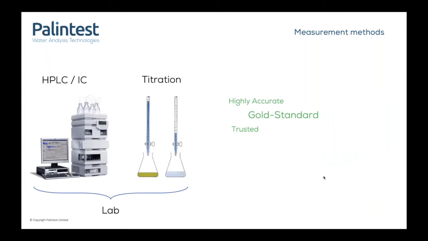So what offline methods should we be using? Well, ideally, we'd all be using the gold standard lab methods like HPLC, high performance liquid chromatography, or full titration. We'd use these because they're highly accurate. They don't have many interferences. They're trusted. We call them gold standards. But they're slow, it takes a long time to get a result, they're expensive, they're complicated, and they require highly trained staff. And when we think about food and beverage operating environments, these are manufacturing facilities, really, and those techniques aren't